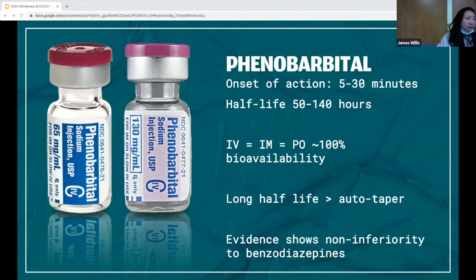And from the evidence I saw, there's a couple of non-inferiority trials comparing benzos and barbiturates. It shows that it's overall fairly equally safe and equally effective, but most didn't show much of a difference in overall outcomes, though some of them did show that if you use it as an adjunct, it might reduce your benzo dose required. And one study did find that it has a decreased rate of ICU admissions.